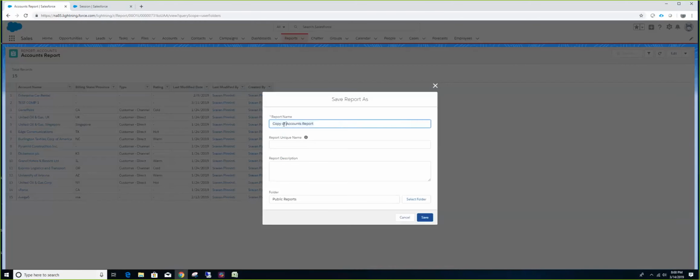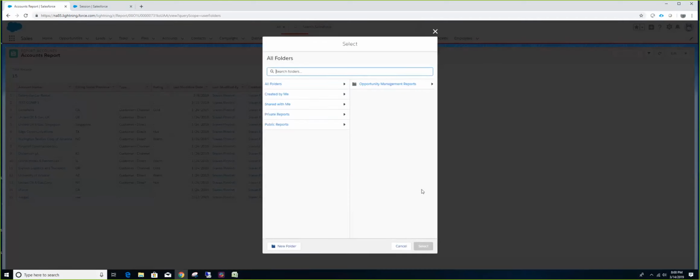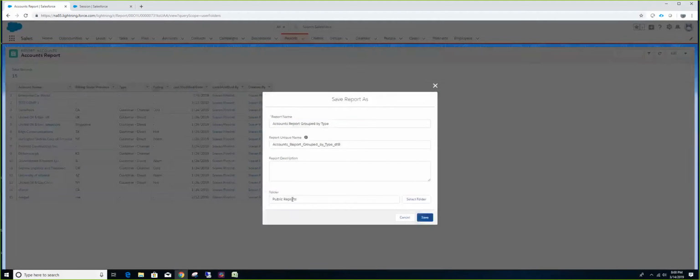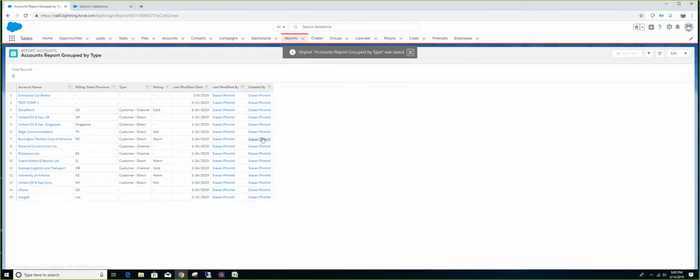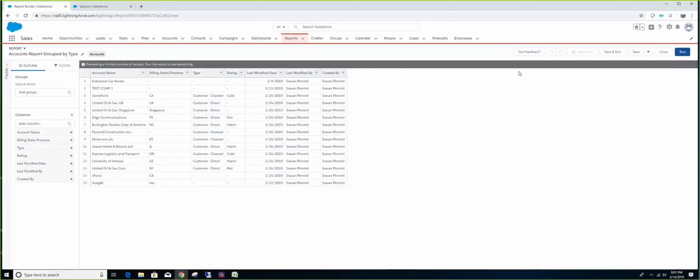I'm going to call this one group by type. So I create another report called account report grouped by type. Let me edit this report.